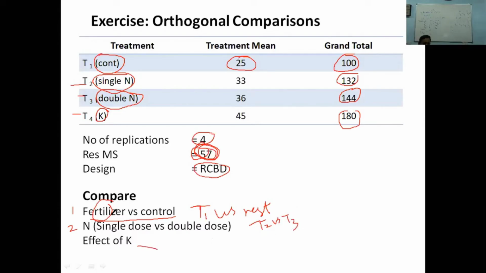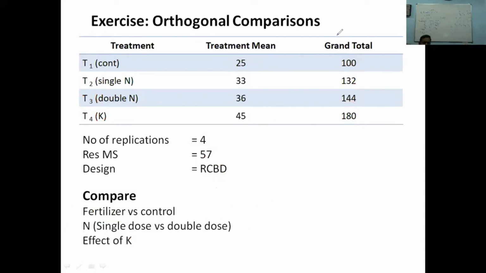The last one, effect of K, we compare T2 plus T3 versus T4 because we want to see the effect of K. That means we'll have to compare whether this K is better than N, whether single dose or double dose, the average of N. Right? So this is my